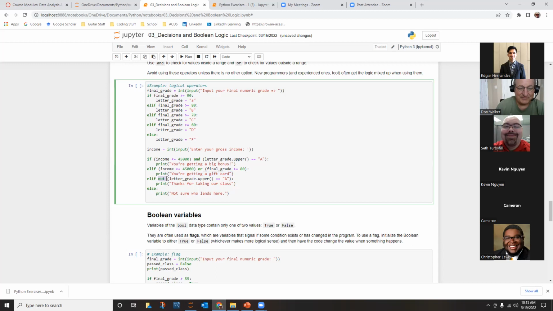Otherwise, elif not, and that's the other not logic, is just here's an example of it. It's useful sometimes, but it can twist you into knots. Otherwise, if they didn't get an A, we say thanks for taking our class, regardless of their income. But as you can see as you go through these,